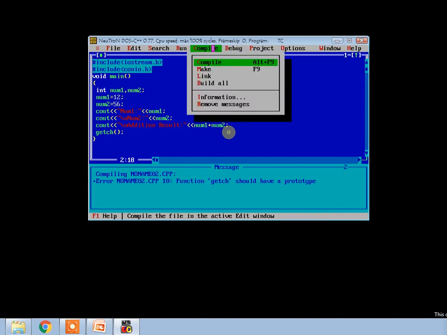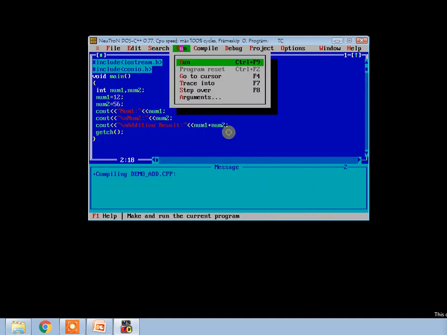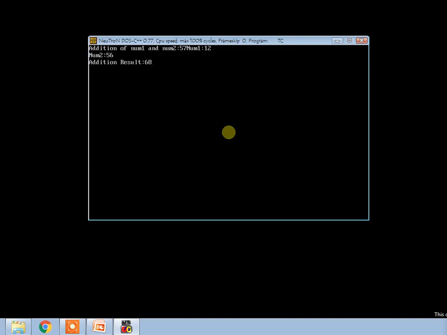Again compile the program. Okay, in the compilation result it is error free. Press the Enter key, go to the Run menu and run the file, and this is the output.